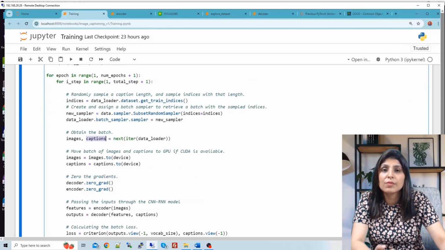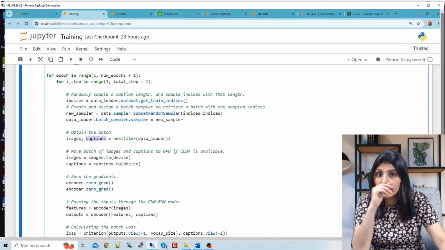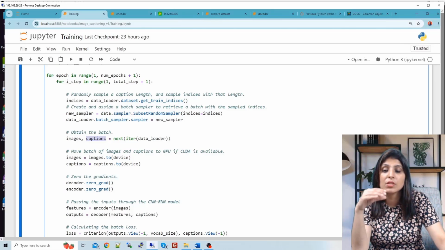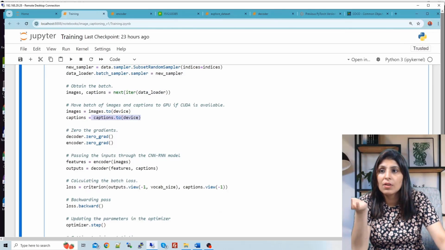We need images and their corresponding captions. Remember, I've told you, whenever you want to train the image captioning model, you need to give data in a pair. That means you need an image and the corresponding caption. So this is how you are getting an image and the corresponding caption, and we are moving the images to the device, which is GPU, and captions to the device, and then over here encoder, and this is our decoder.